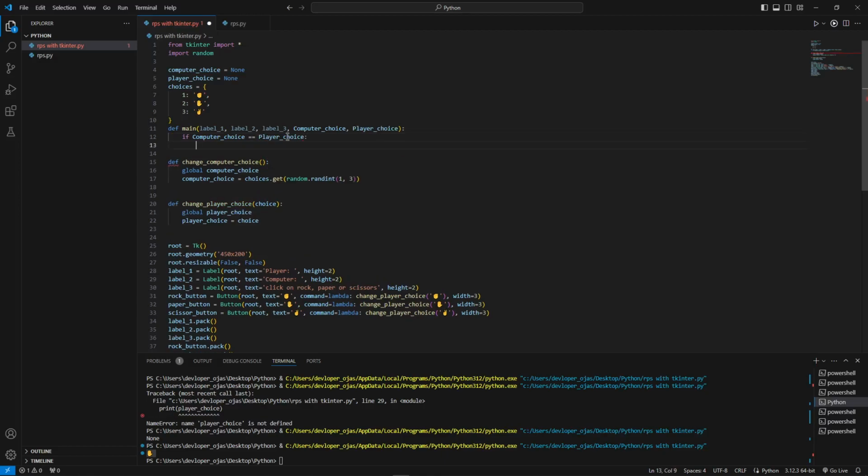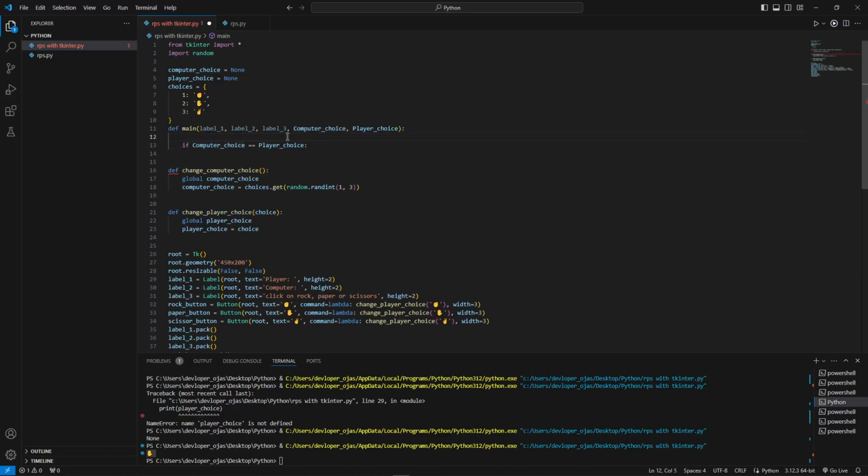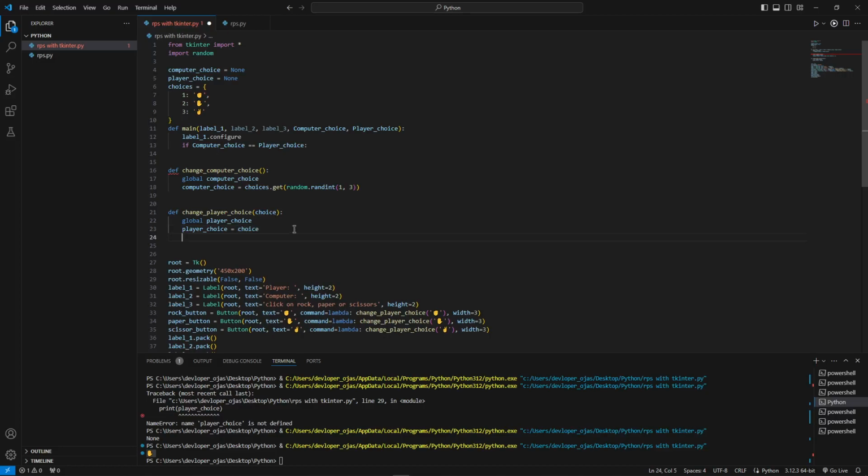then what we want is that the label, we will configure label 1 and label 2 just as the main function is called. So label1.configure. Now I'm kind of thinking that I might make a mistake if I don't provide any function to this. So after this we are going to do main,